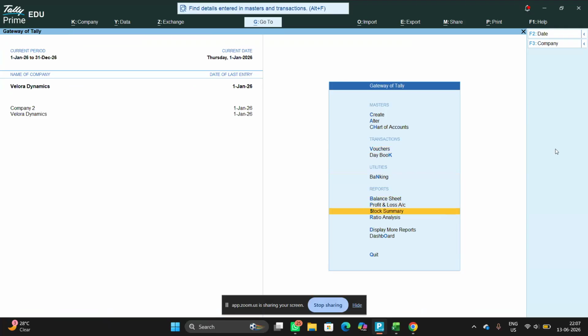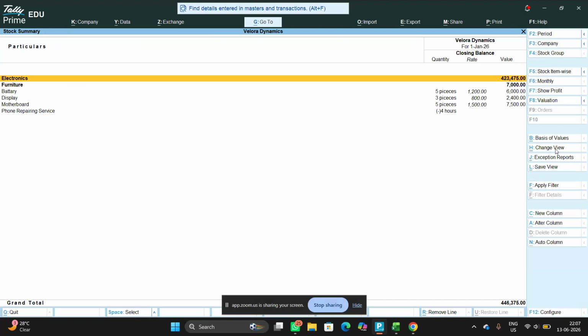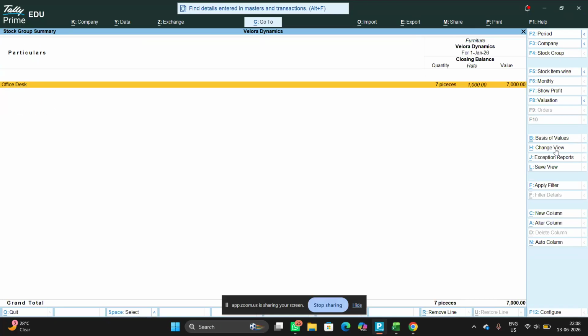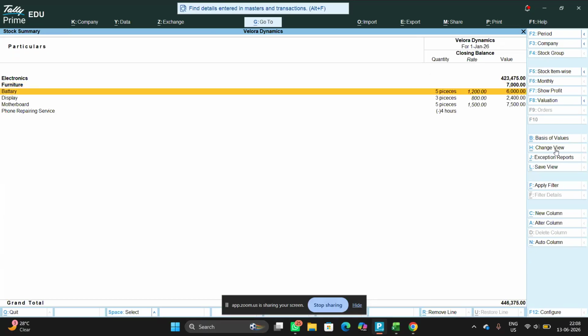The first and foremost would be the stock summary. Now, here it has shown all the stocks that we have in our system. Under electronics, we had the Dell laptop and the Samsung Galaxy phone, 11 pieces of it and 15 pieces respectively, with their price. And under furniture, we had our office desk. It shows how many pieces of that we have left, and it shows all these apart from our actual stock items